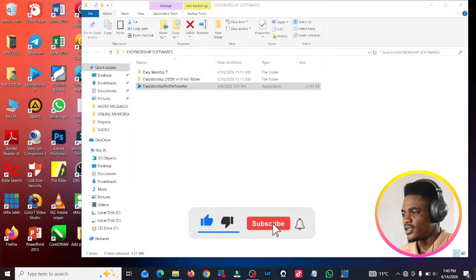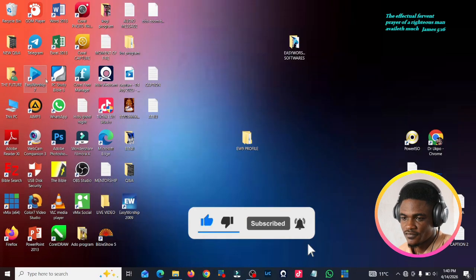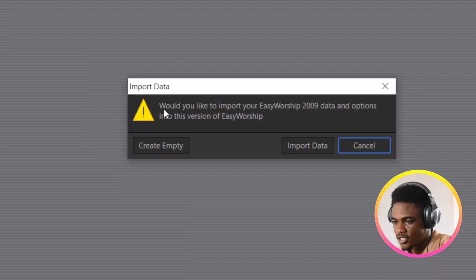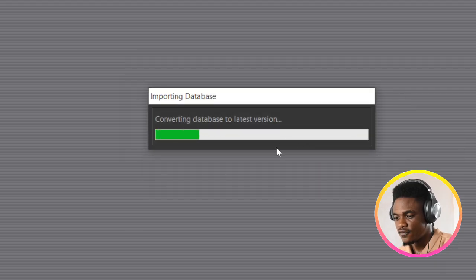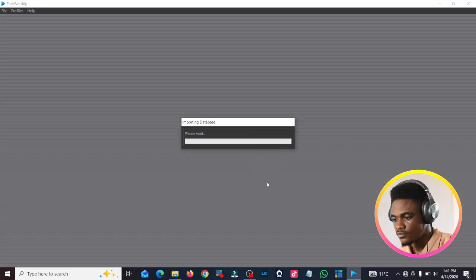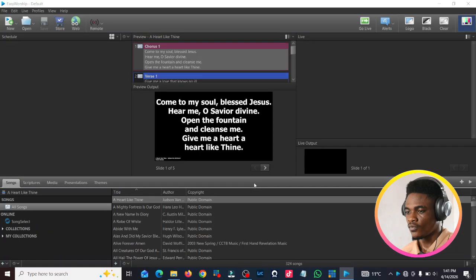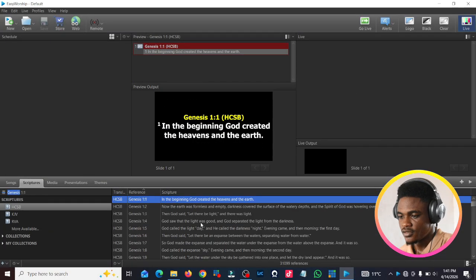So close this and let's go and open our EasyWorship 7. All right, so now you can see the pop-up message they are giving us. Would you like to import your EasyWorship 2.9 data and options into this version of EasyWorship? Yes. So you select import data, click import data and then wait for it. So you can see, just close this. Let's go to our scripture now. So you can see